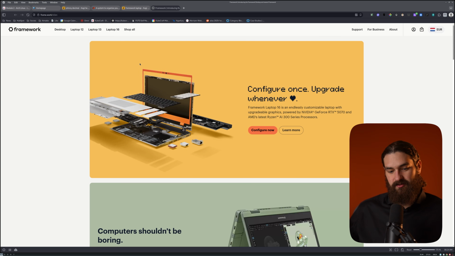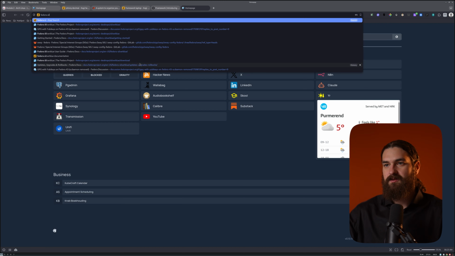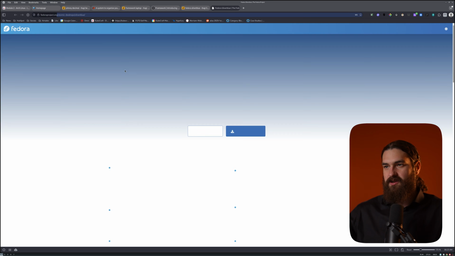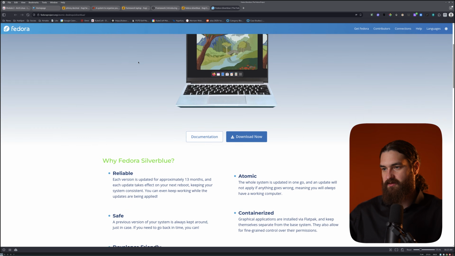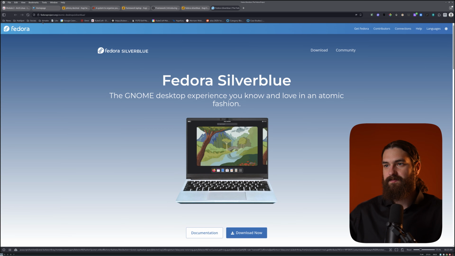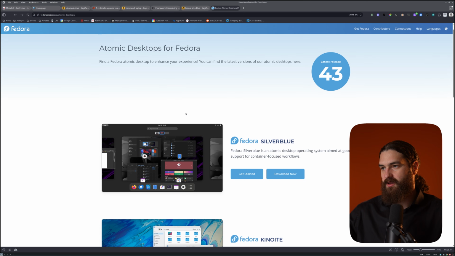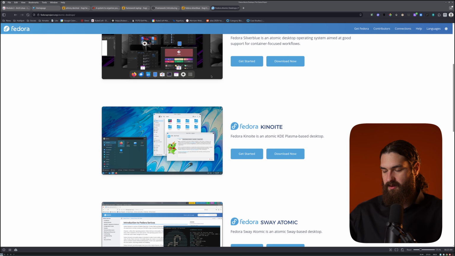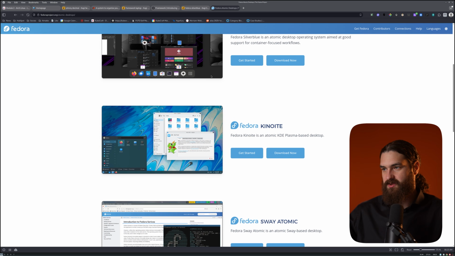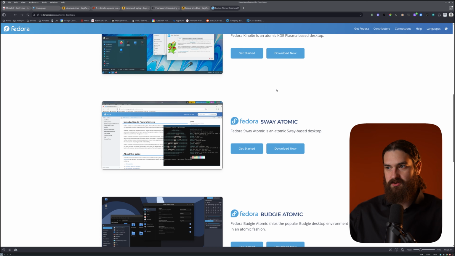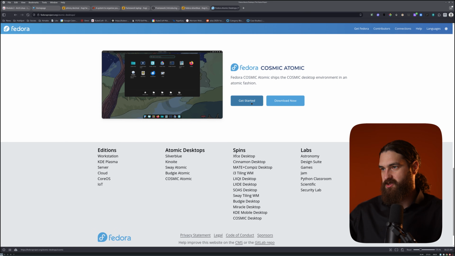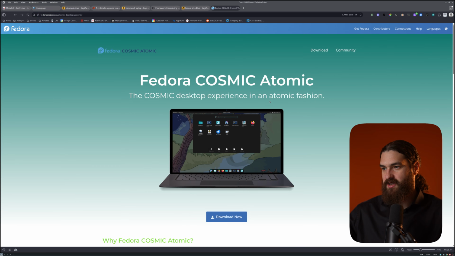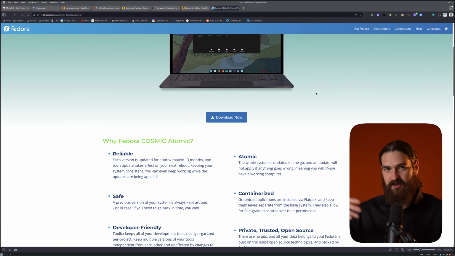And I'm going to be installing Fedora Silverblue. Well, actually not Silverblue. I'm going to be installing the Cosmic version of this. So you have the Fedora Atomic desktops. These are what I'm going to be running, an Atomic desktop. This is an immutable OS. So the root file system is read only, and I'm very excited about this. I want to learn more about this kind of stuff. Also because it fits my philosophy of a stateless workstation so well. So I'm going to be running the Cosmic Atomic on my Minisforum for a while until my Framework arrives,